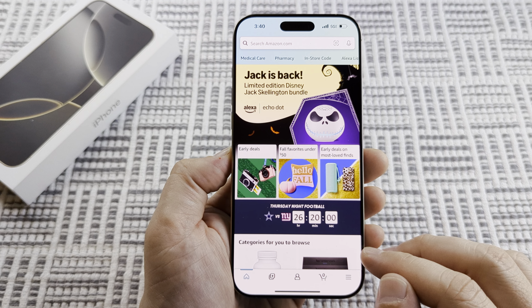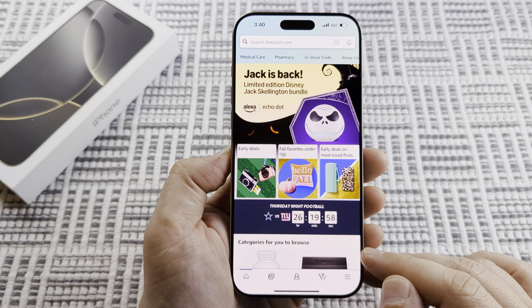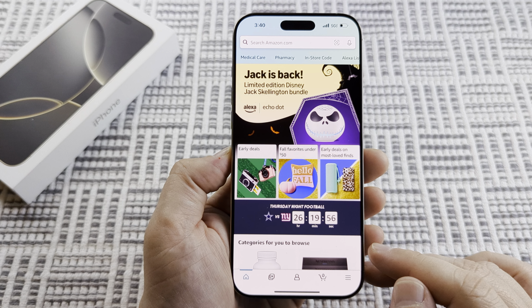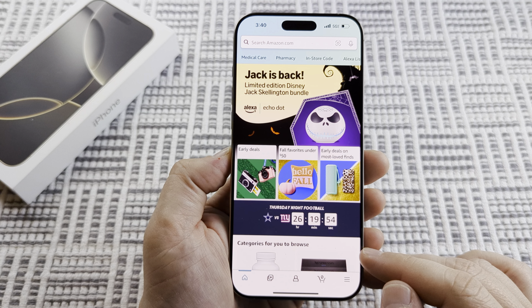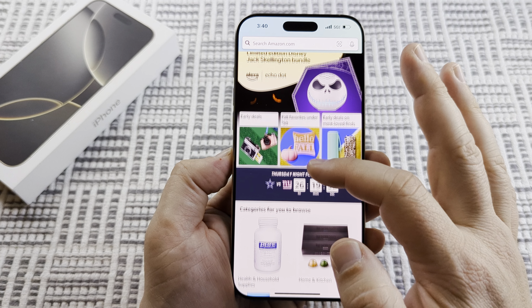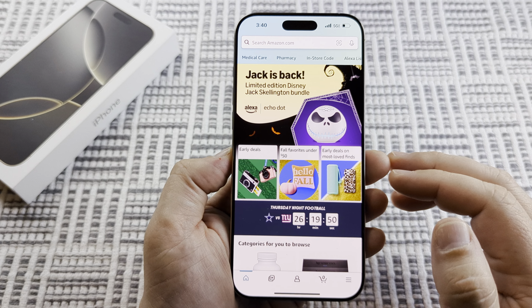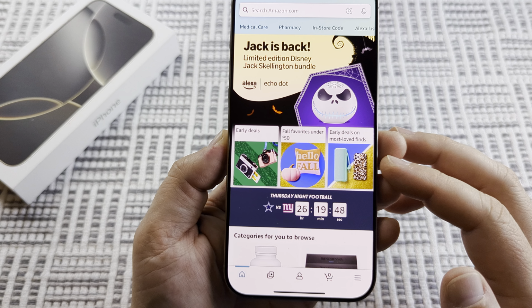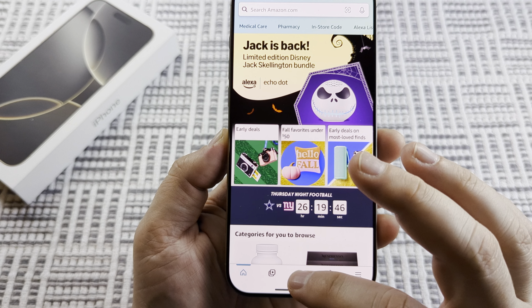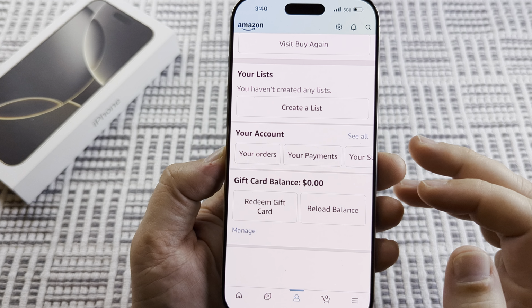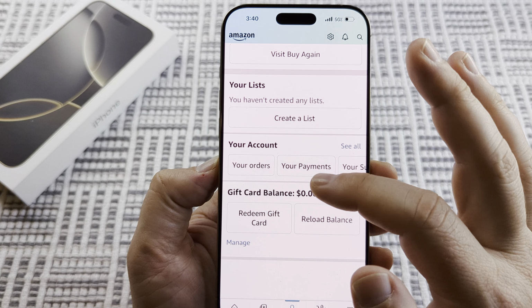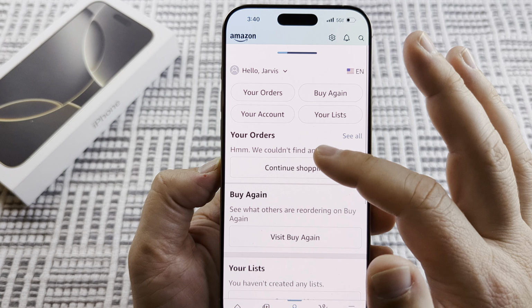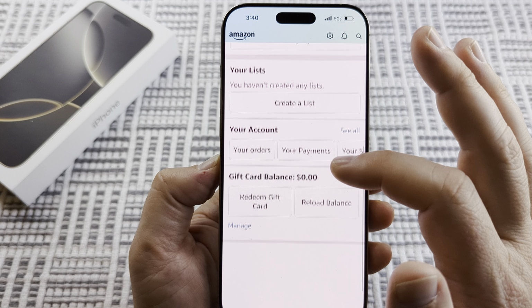Today I'm going to show you how to add an Amazon gift card to your account balance on iPhone. So the first thing that you want to go ahead and do is open the app on your iPhone device for Amazon. And then after that, you're going to go ahead and select your profile icon down here in the middle. Once you do that, you're going to see an option down on this page or this screen for gift